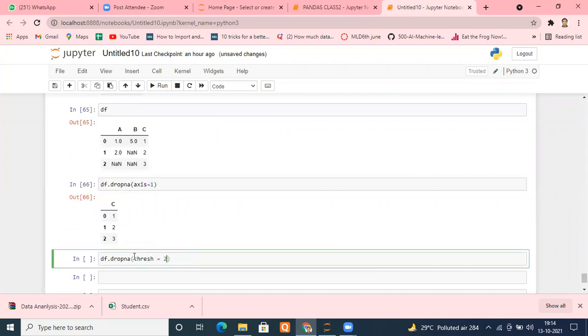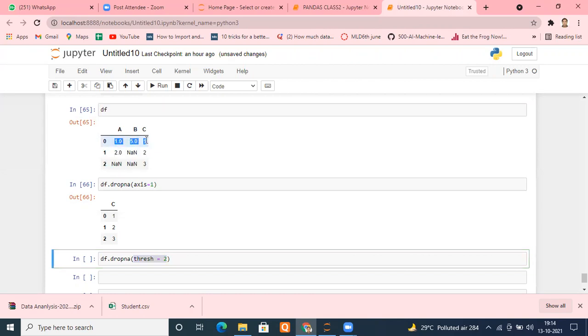When I'm setting thresh equal to 2, since we have not put axis equal to 1, it will consider rows only, right? It tells me, in a particular row, how many non-NaN values should be there so that it doesn't get dropped. For example, this is a row.